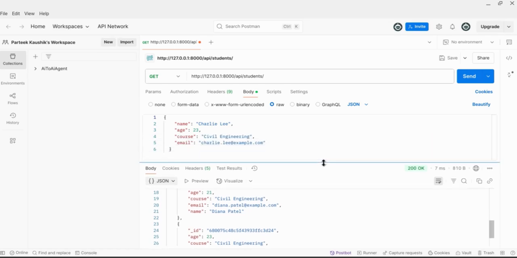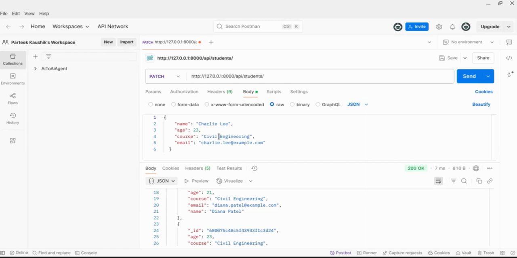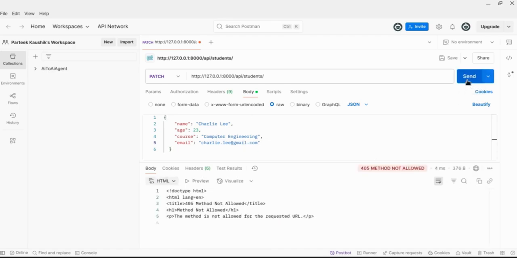We can also test if we are able to update a student. So I will go to PATCH and try to update it to computer engineering, and also we're going to update its email, instead of example.com I am going to use gmail.com, and I am going to send this. Third not allowed. Sure, I'm not able to get what issue we are getting. Oh,